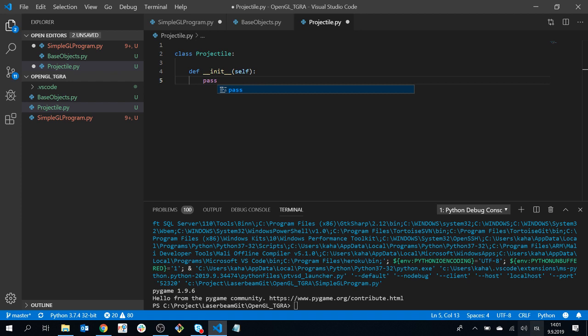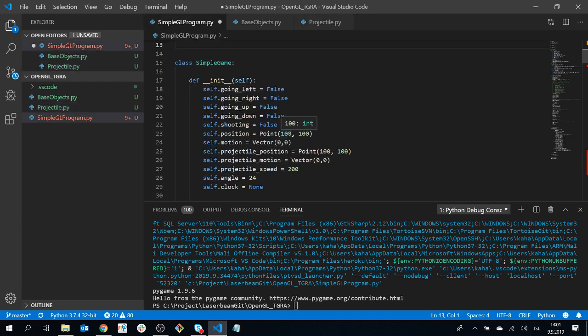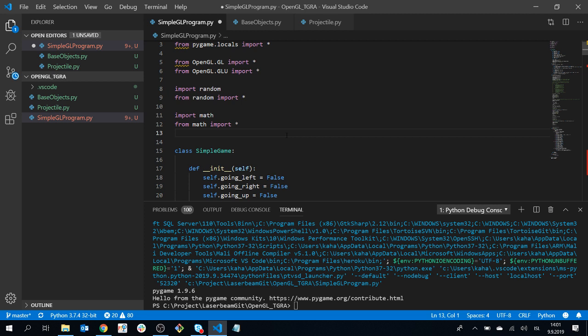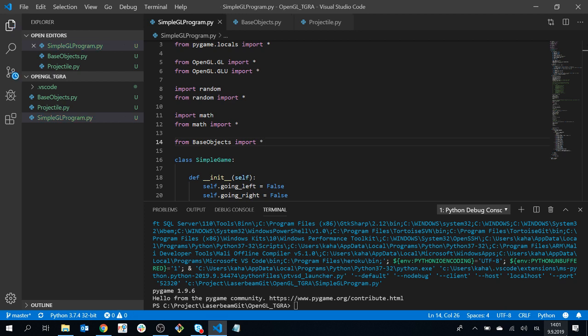I want to see that my original program runs if instead of doing that, I go ahead and do from base objects, import everything. So let's see if this simply